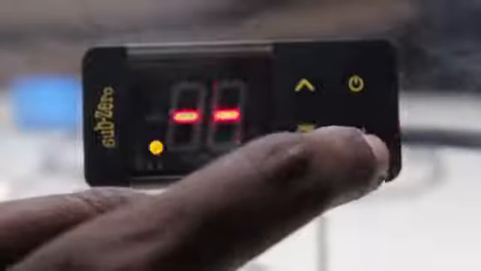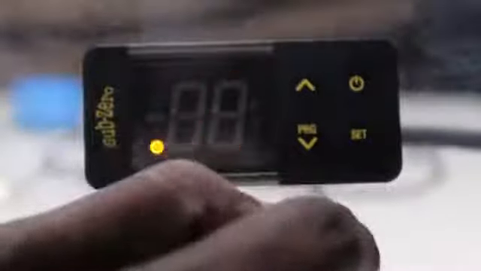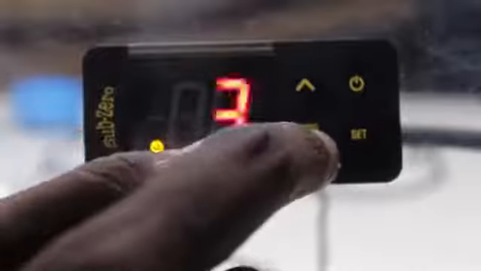P1, P2, P3, P4, the 2 degrees Celsius value gets stored. That means at 25 plus 2, 27 degrees Celsius, your compressor should be on. But it depends on another parameter called P6. P6 means the time delay before the compressor comes on once the set point is reached.